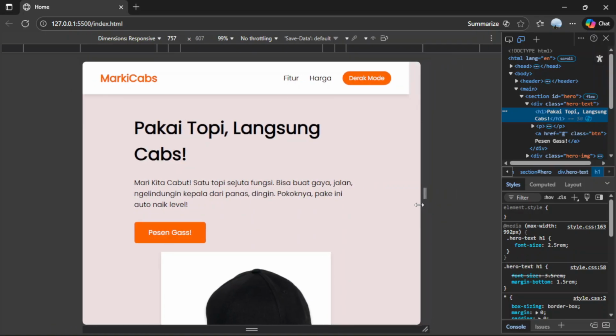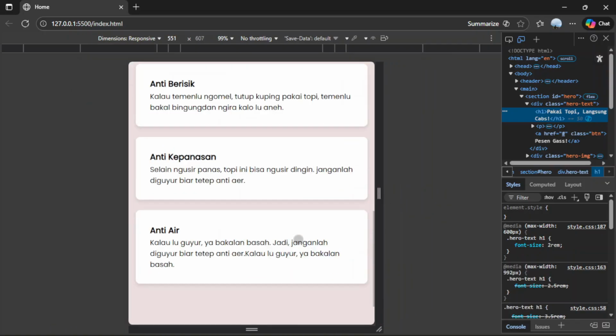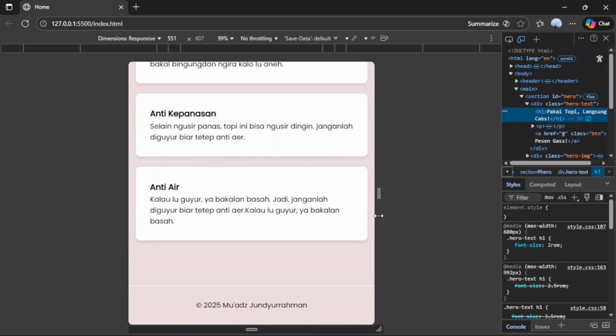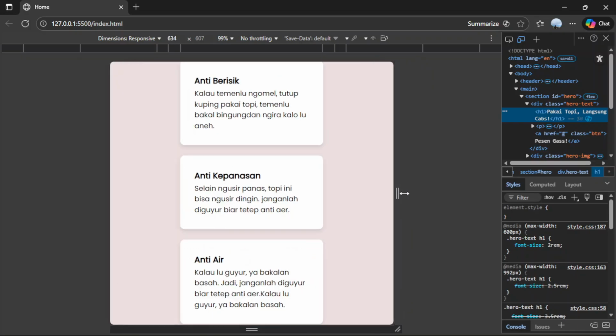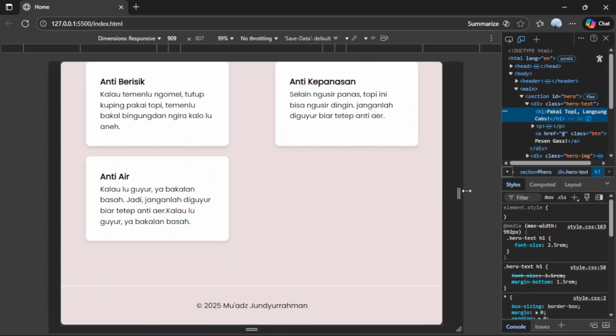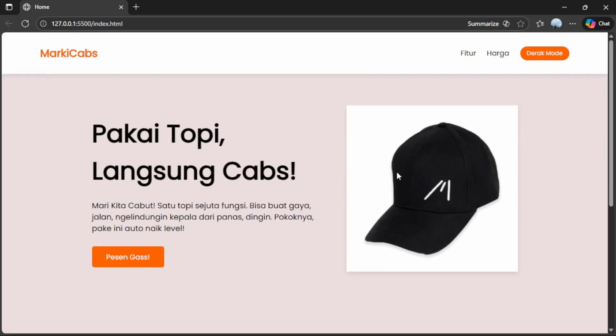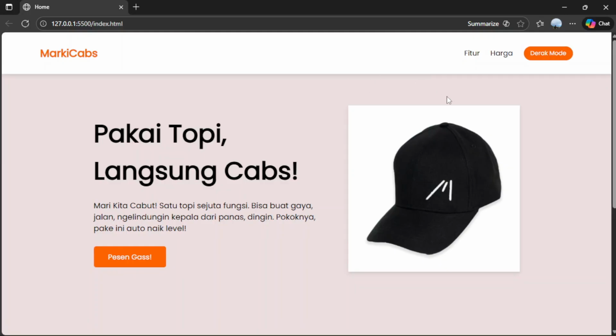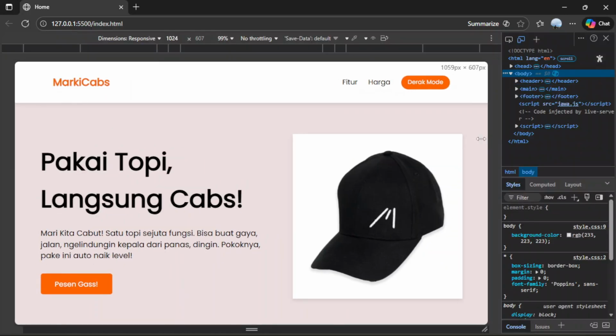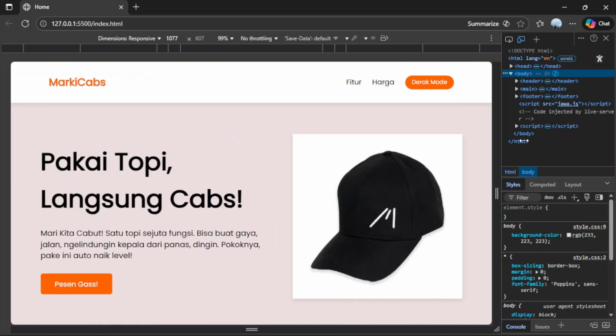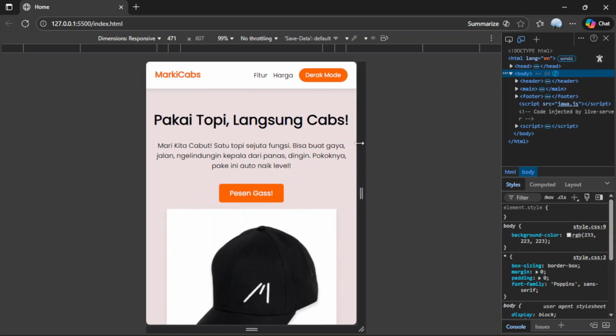Then you can see the cards, there are differences. And then let's see the navbar. The navbar also only changes like this from normal size into this.